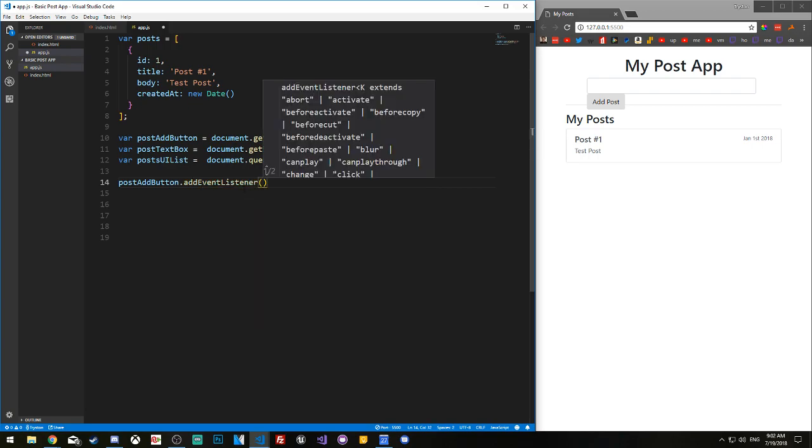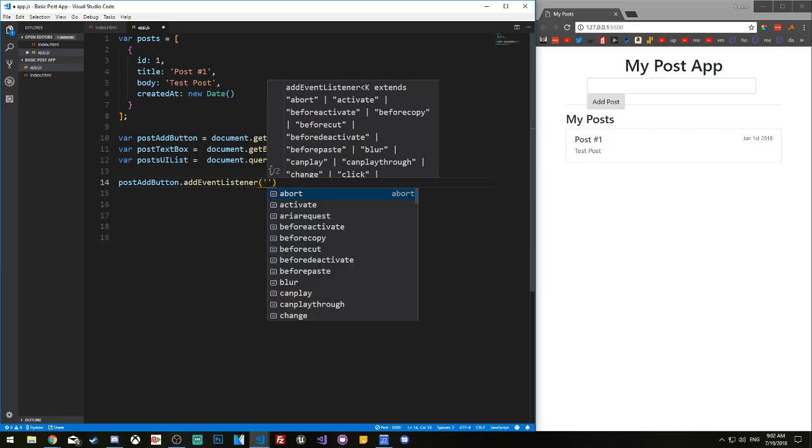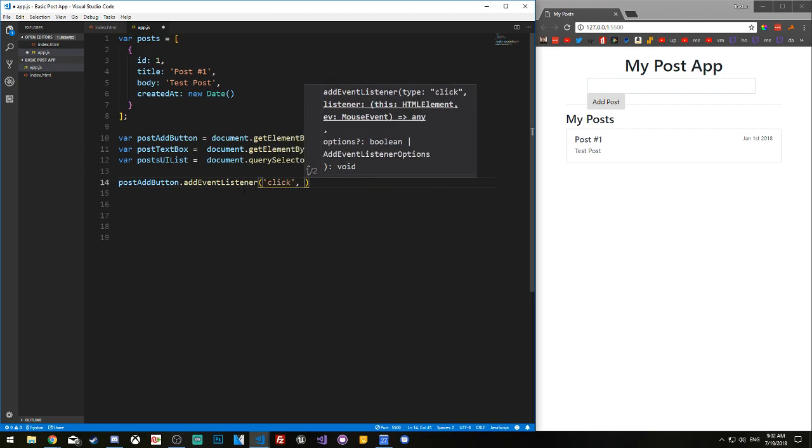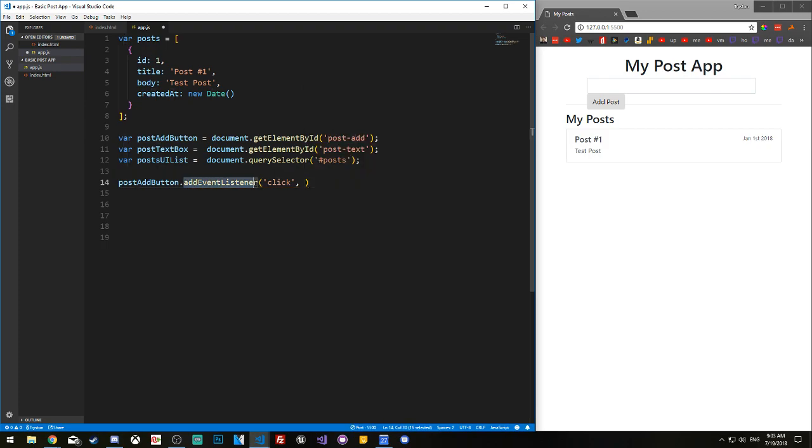This takes in two parameters. First, it takes in what type of event you want, so in quotes we type the event: click, and then get out. Now it takes in another parameter, and this is the first time you're going to be looking at embedded functions. These are also called anonymous functions. They are functions that are passed in as a parameter into a function